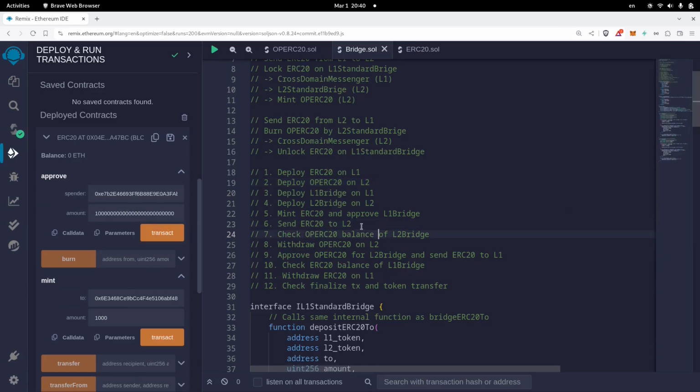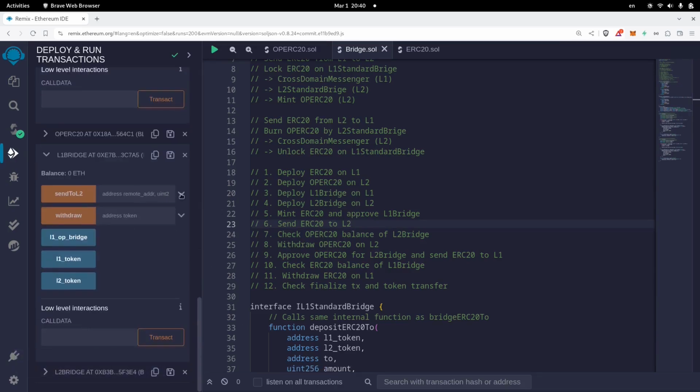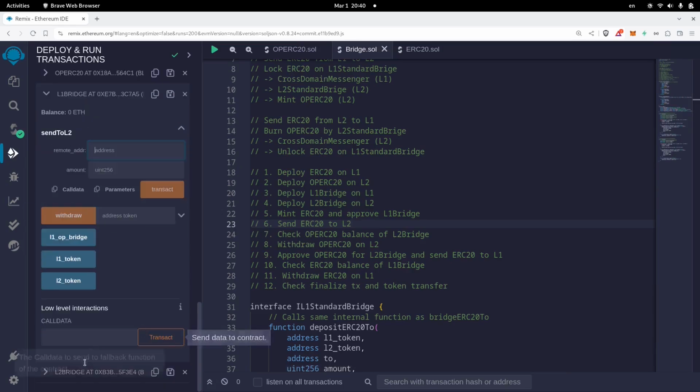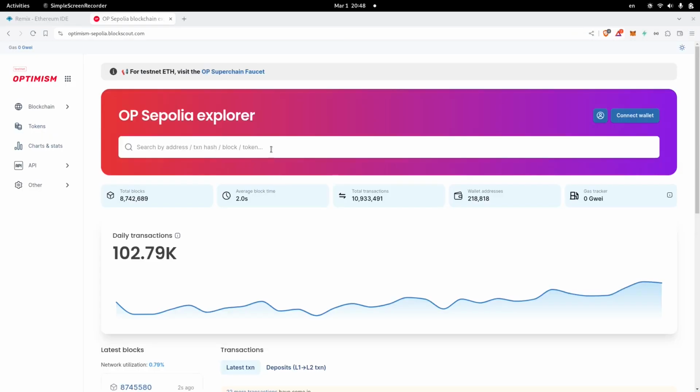Okay, we're now ready to send this ERC20 over to L2. So to do this, we'll need to call the L1 bridge contract and call the function sendToL2. For the remote address, we'll pass in the address of the L2 bridge contract that we have over here. So I'll copy this, paste it here, and for the amount, let's send 100 tokens. Confirm the transaction. While we're waiting for the message to relay over from L1 to L2, you can check the status by going to